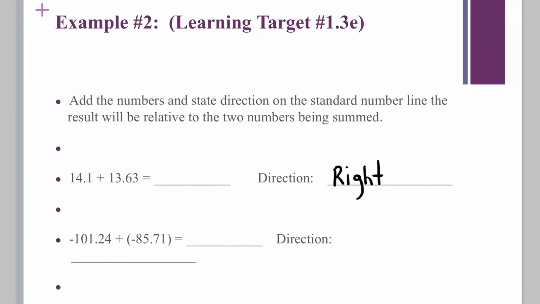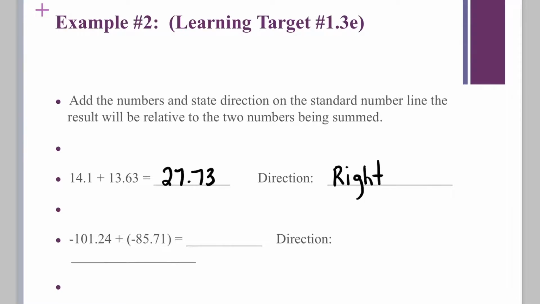That is just a generalization that's going to work for all positive real numbers. But if I want to check myself, I can say that 14.1 plus 13.63 is equal to